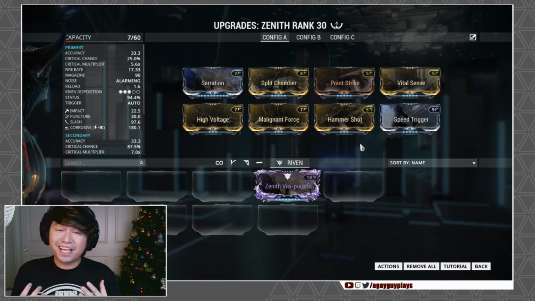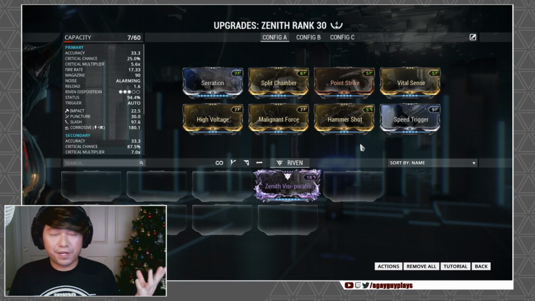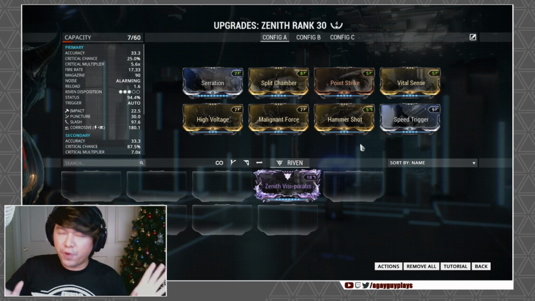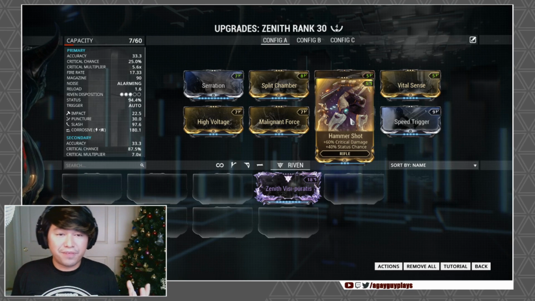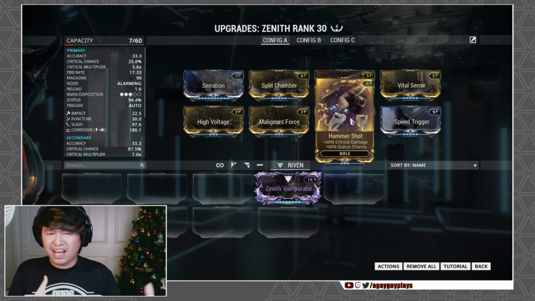Okay, so you guys aren't allowed to judge me for this main build that we've got going on here. Primarily, it's just another critical build using status elemental mods to help out the primary, but also touch on the secondary. It's kind of like the Euphona Prime thing, but we do have Hammer Shot in. Usually I would swap this out for something a little bit different, maybe Bladed Rounds or Argon Scope, but legitimately I feel like this is just going to show up better on camera, plus it's a D slot,